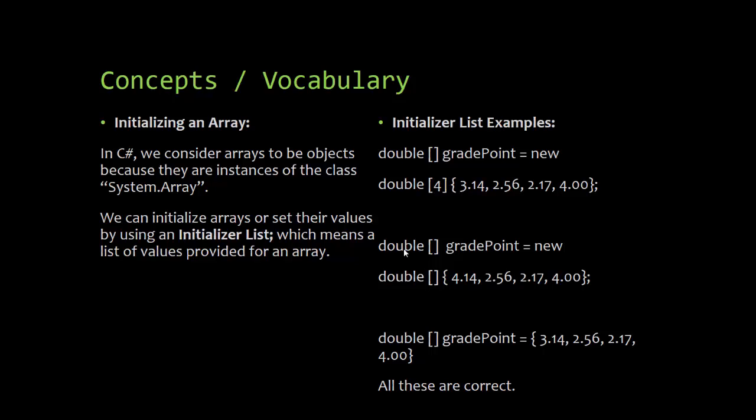In other words, it will count how many values are within the initializer list, and that will be the size of the array. In fact, you don't even have to do that. You can just say double array breakpoint and then have it equal an initializer list, and it will automatically create the instance with as many values as are inside the initializer list. So any one of these three will work, but you just need to make sure you have a data type, say it's an array, give it